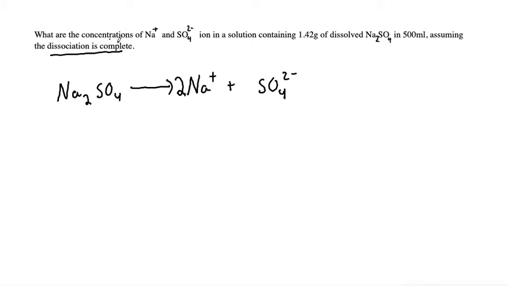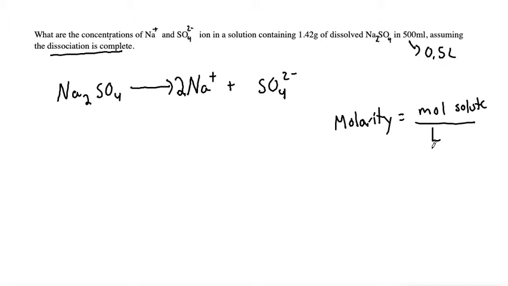So in order to find concentrations, what we're looking for here is molarity. The molarity of each one of these ions. And molarity is a fraction of moles of the solute divided by liters of the solution. So they already told us that the solution is going to be 500 milliliters. So we can convert that into liters, 0.5 liters, and that will be what we plug in for the denominator